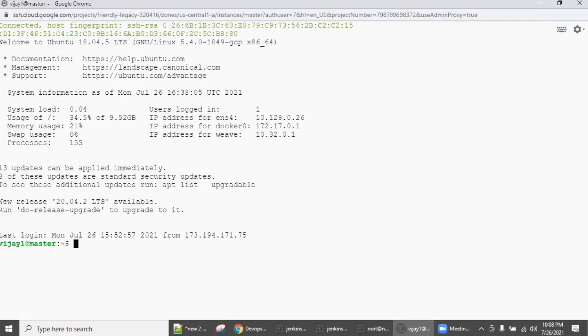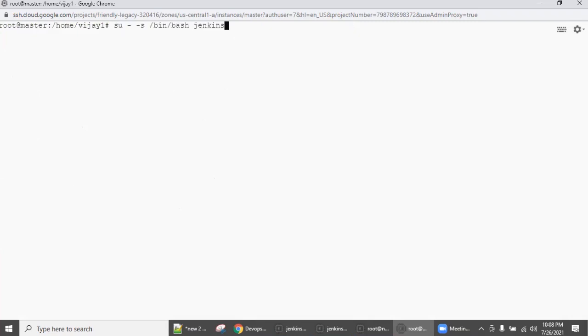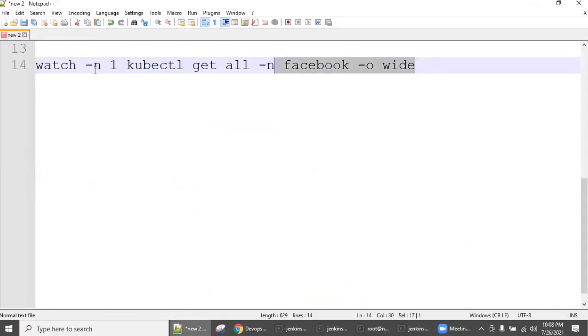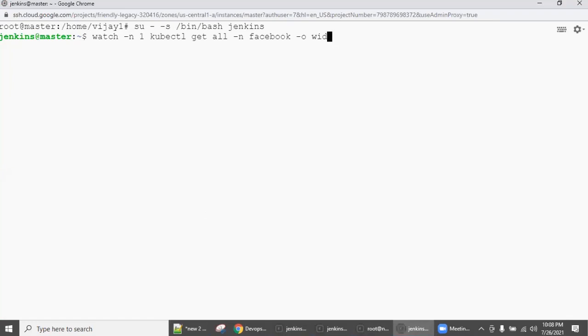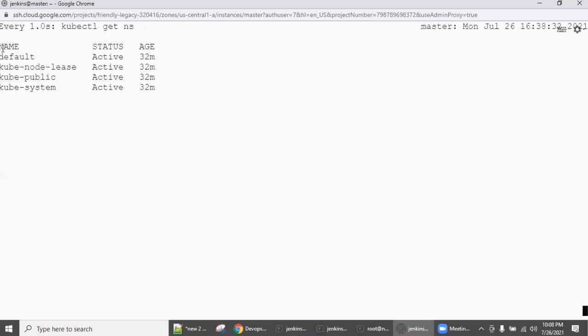I am going to say sudo su to become root. Now we can log in as Jenkins. There is one more command if you want more understanding; you can run it instead of this command: kubectl get all, get ns namespace. Right now there is no namespace, right?